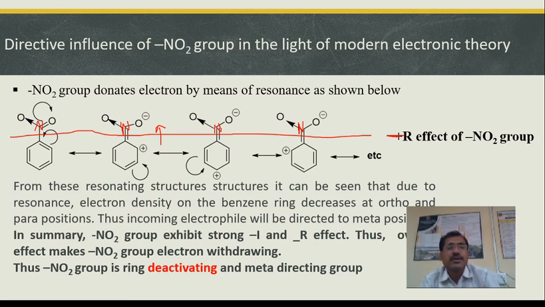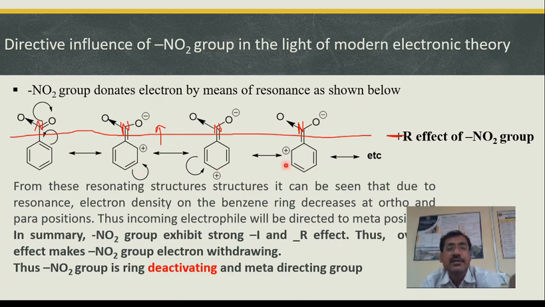So what will happen because of this? There are 2 effects operating in tandem. What are those effects? Minus I and minus R effect. Both these effects will take away electron. And now have a look at the resonating structures, and you will notice that there is a positive charge at the ortho and the para positions. So ortho and para positions are positively charged, whereas meta position